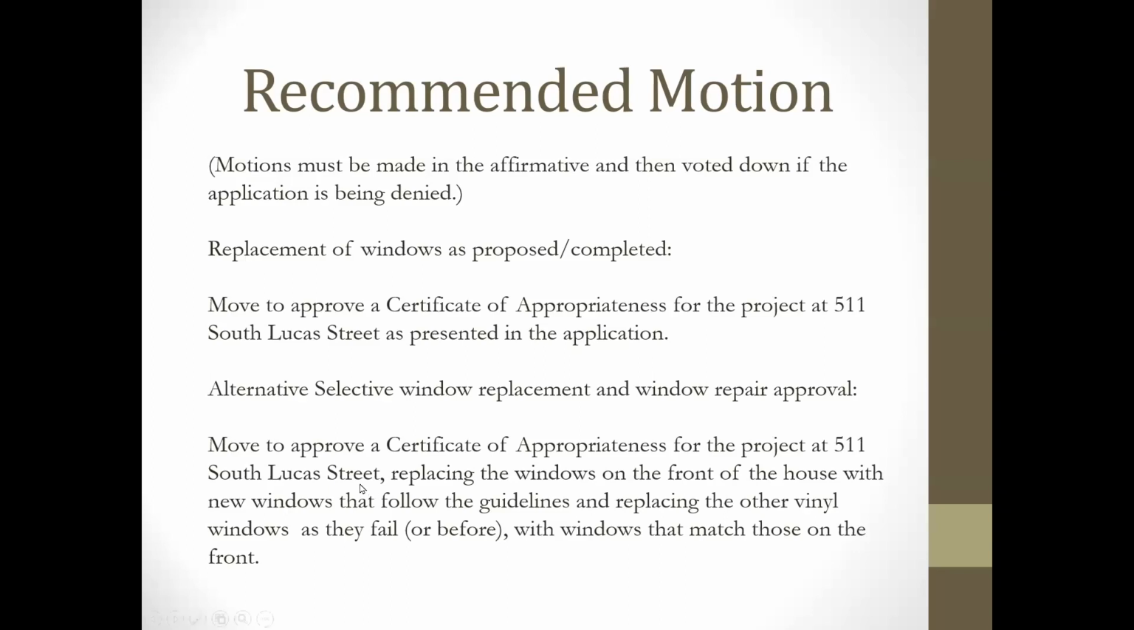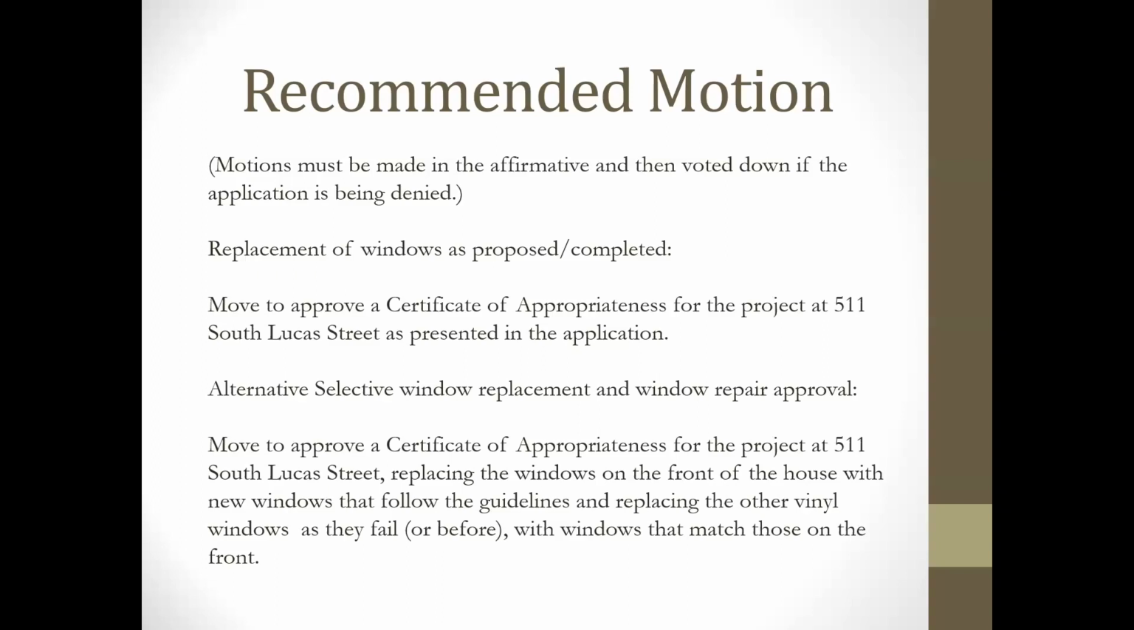Staff decided to allow for the leniency by creating a motion that replaces the windows on the front of the house with new windows that follow the guidelines, and replacing the other vinyl windows as they fail or before with windows that match those on the front. This makes it clear we have a clause in our guidelines that allows someone to use vinyl in the future if they already have all vinyl windows. And that's in case somebody replaced their windows right before their district was made. We know their windows aren't going to last very long, so they can keep replacing them with vinyl forever if